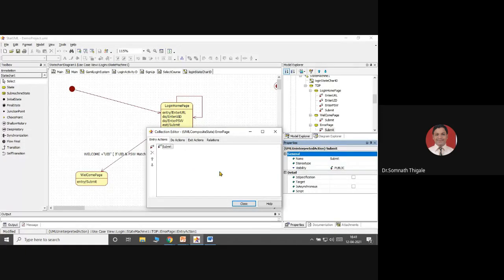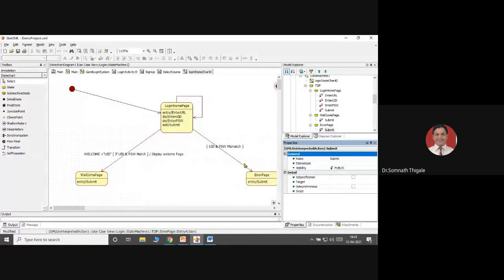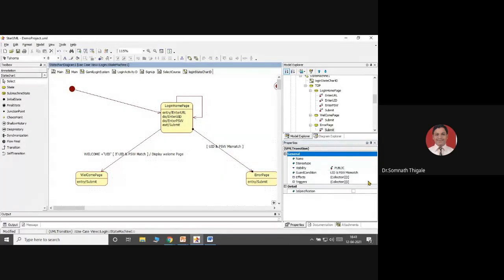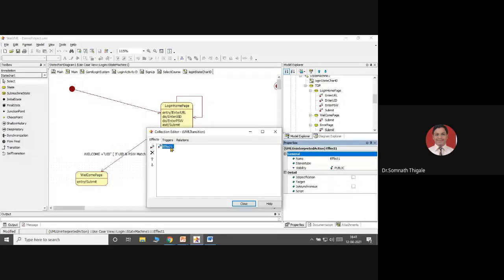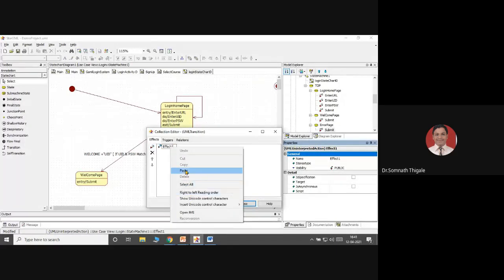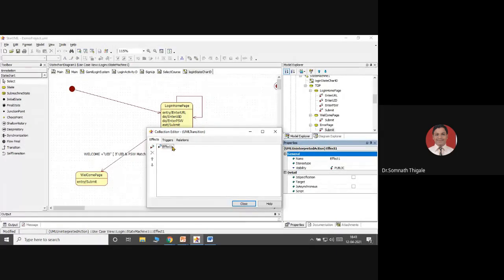If user ID and password mismatch, again the effects you can add over here. That effect is you can add the message over here, that is error, and trigger you can add over here.